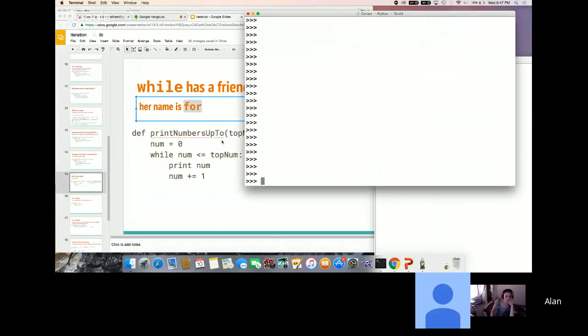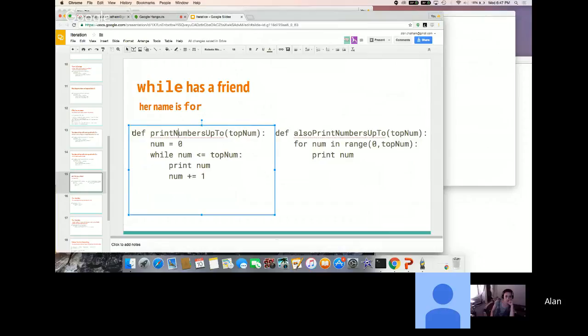Yeah, so we were using those while statements. Again, we're going to define our function, print numbers up to whatever top num. We have this function that's going to print a bunch of numbers until it hits the maximum number that